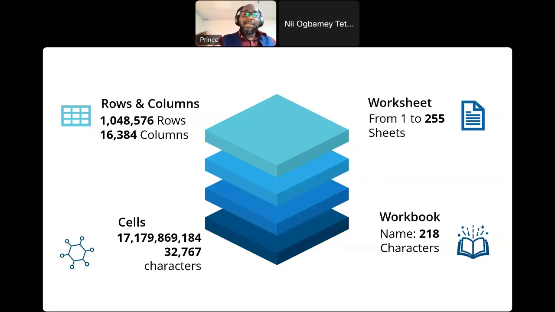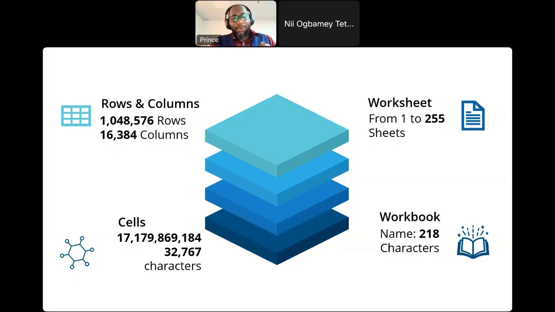Now, this sheet, you can have as many as you want, but advisedly, it has from 1 to 255. So if you open Excel, you can have as many sheets there. And bear with me that when you put sheets together, you get a book. So a file in Excel is called a workbook, and it's called a workbook because it contains sheets. And the sheet is made up of rows and columns, which gives us the cells.